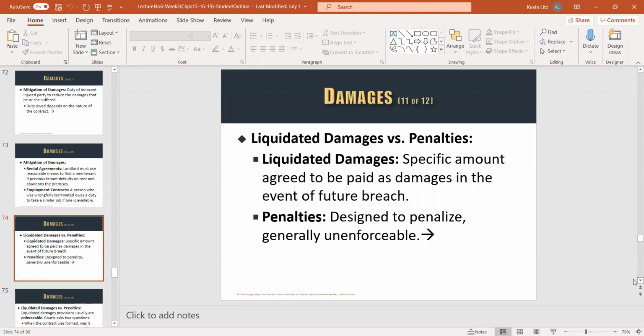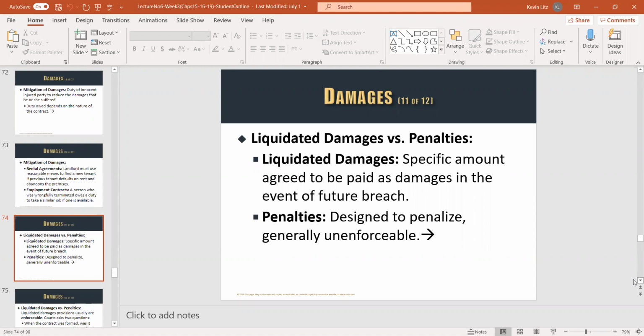Well, in those instances, sometimes we'll put in what's called liquidated damages. We'll say, all right, for every day that you don't deliver, you have to pay me 1% of the contract price. So you pay me 1% of the $12 part for every day you don't deliver it. If you go 100 days, you owe me 100% of that value. So that's what a liquidated damage is. It simply means agreed. We've reduced it to an agreed amount.